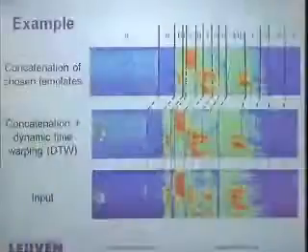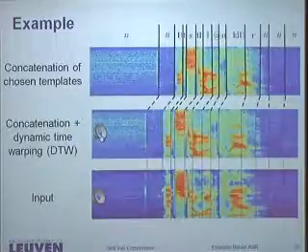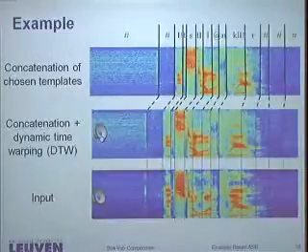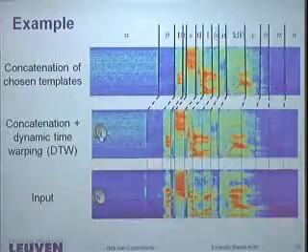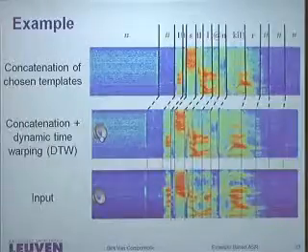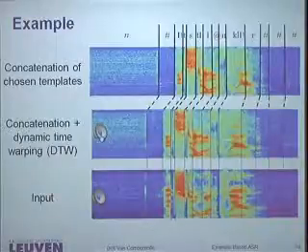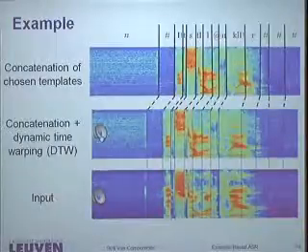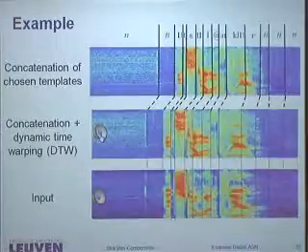So what did really happen, so this is the input. Now you have a segment of speech here, the E. You go and look in your database that you're working with. You find another E. You take this E, you timeline it with the E in the test sample. You do this for all individual sounds, and you splice it together. You do some interpolation on the FFTs, and you do an inverse, and you get the sound back.